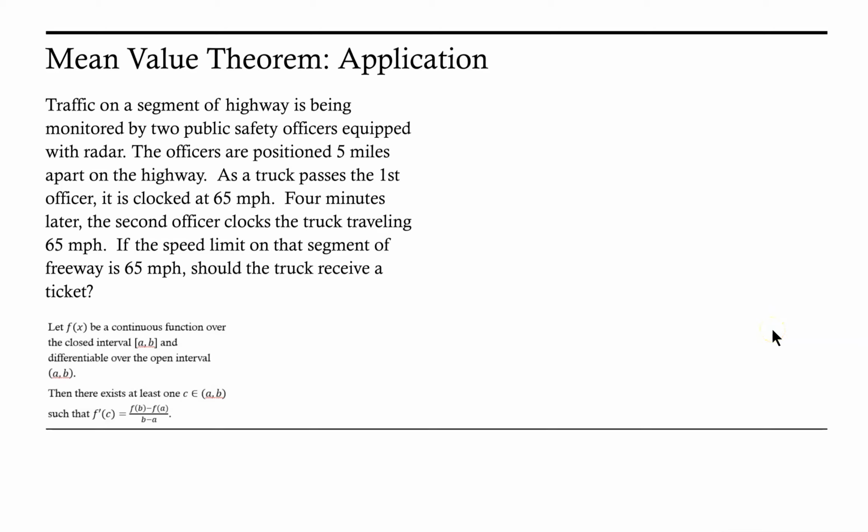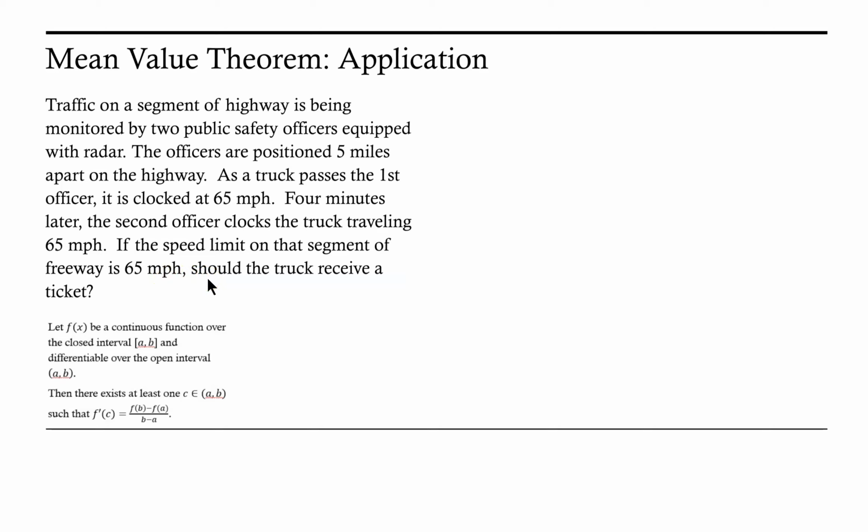Welcome. Let's take a look at how we can apply the mean value theorem in context. In this application, we have traffic on a segment of highway that is being monitored by two public safety officers equipped with radar. The officers are positioned 5 miles apart on the highway. As a truck passes the first officer, it is clocked at 65 miles per hour. 4 minutes later, the second officer clocks the truck traveling 65 miles per hour. If the speed limit on that segment of the freeway is 65 miles per hour, should the truck receive a